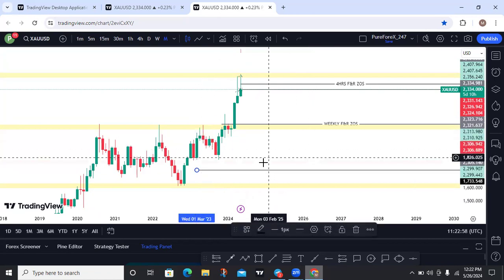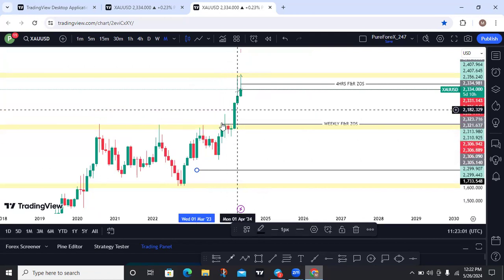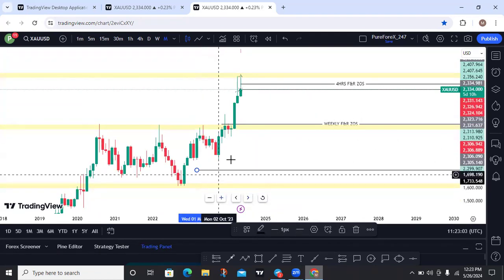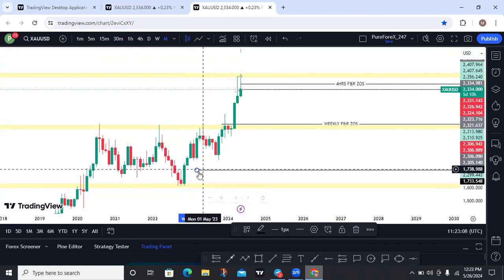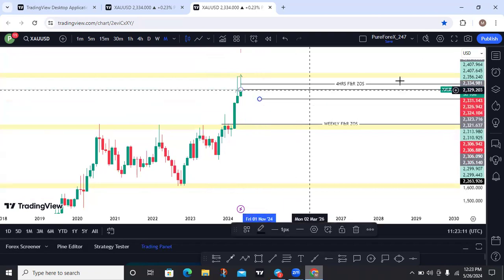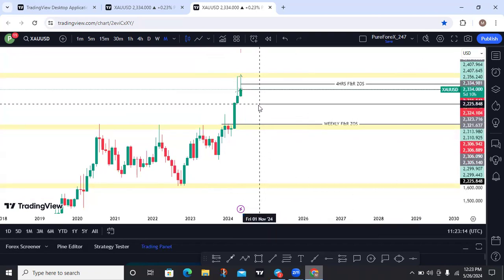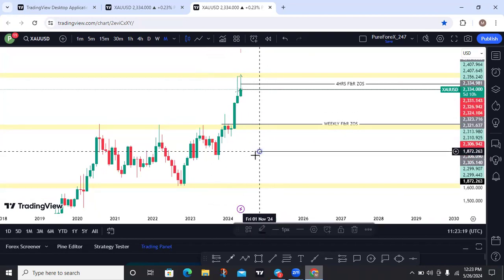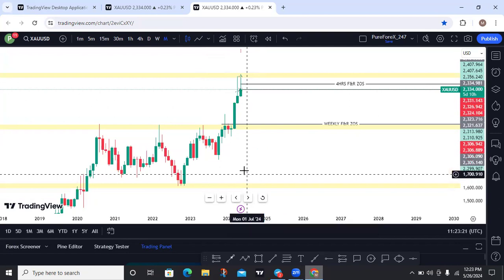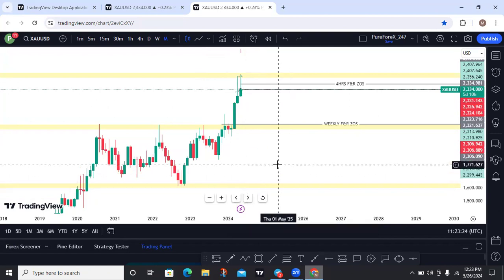For the past 3 months, gold has been tanking up. Gold has been moving impulsively bullish. So I don't know, maybe because of Israel war, gold has been moving, and we have been expecting gold to drop for a very long time now, but it has not happened. But let's see what we are seeing here. Let's use the data gold has provided on the chart for us to build a case and then know when we should be looking for our trade.